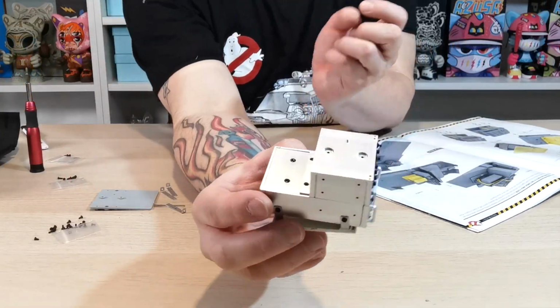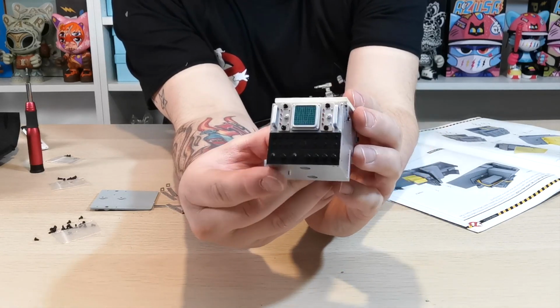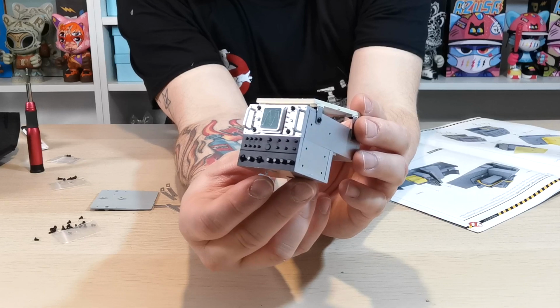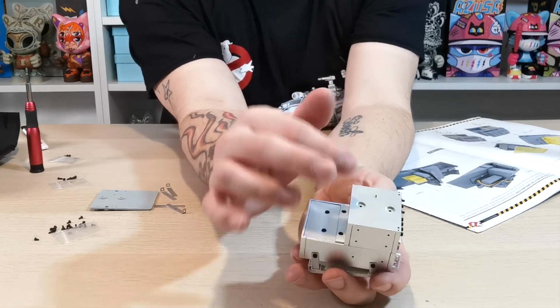So guys, there are now 2 AP screws in there, and then that's holding that on so that the whole face section now looks like that. Doesn't that look absolutely fantastic? So once you've done that, guys, what you need to do is face it back up that way again, and